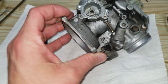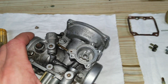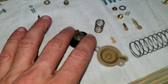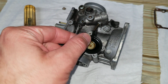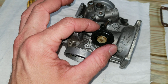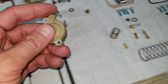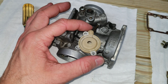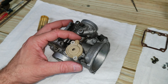The other part of that is taking this coast diaphragm out. It sits in here. Sits on like this. It's pretty difficult to reinstall something when you're watching yourself do it through the screen. Wish there was a better way to do this, but